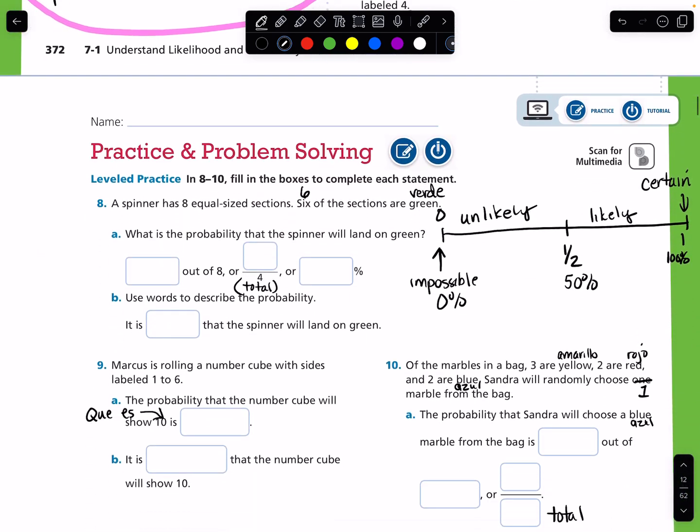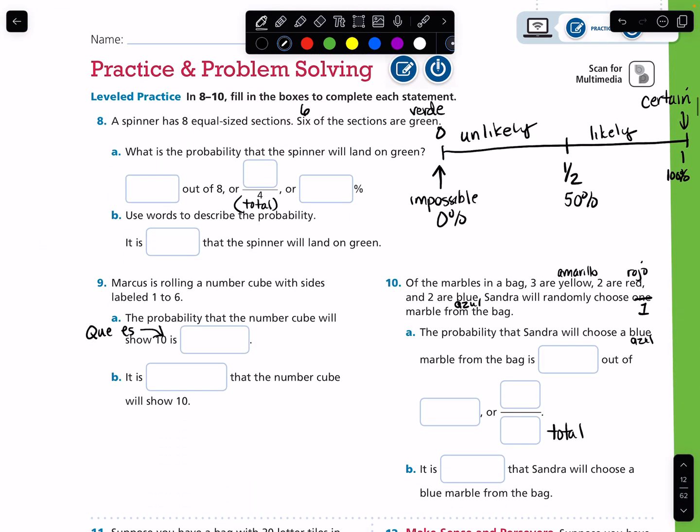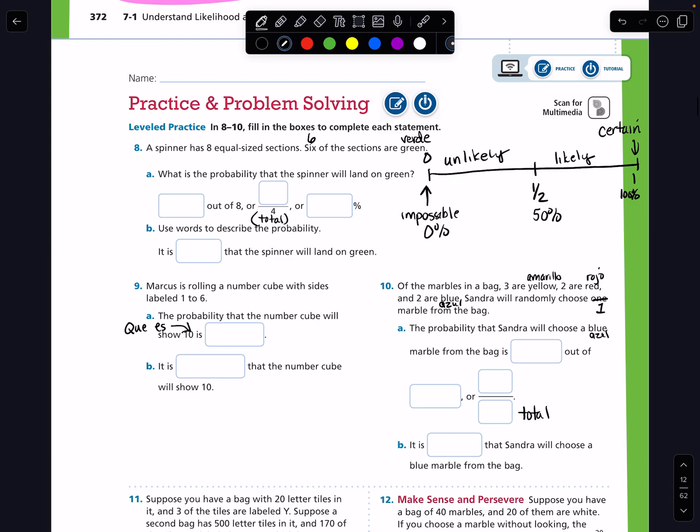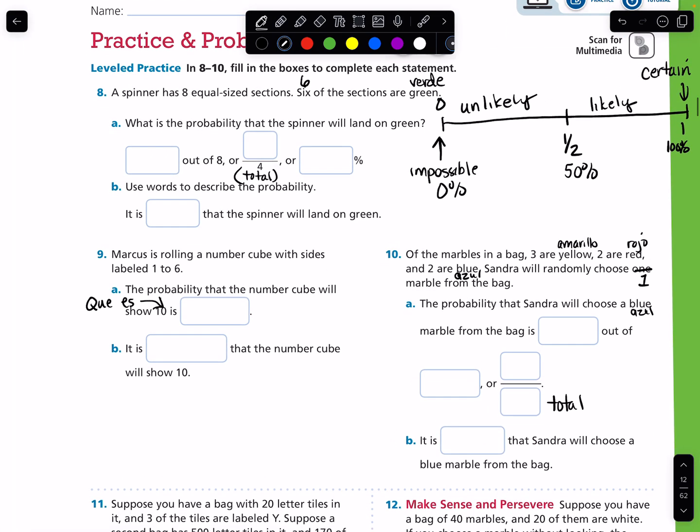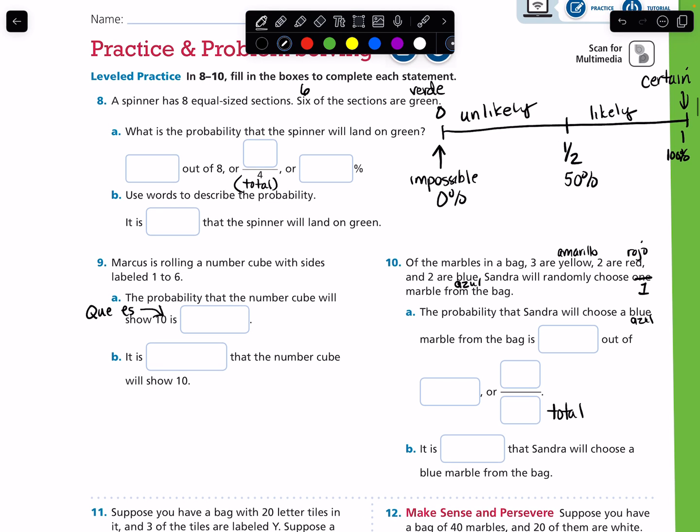I'm giving you that help because that's what they're going to be asking about on your homework. And your homework is going to be the next 2 pages. So this video will be on our Google Classroom for you guys to refer back to. If you are a student that needs to copy things, I'm going to leave this on the board for you to see so that you remember.